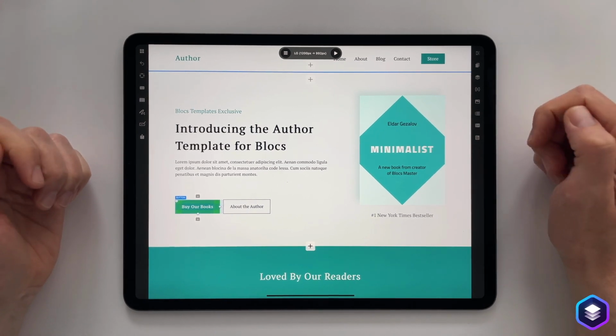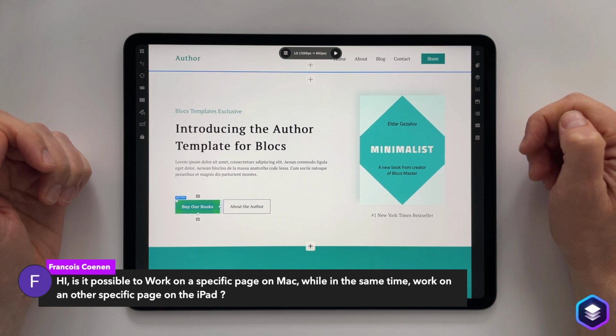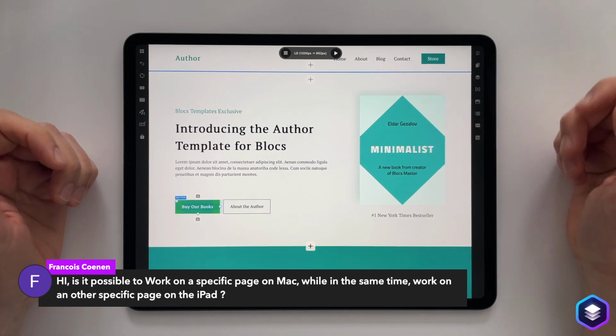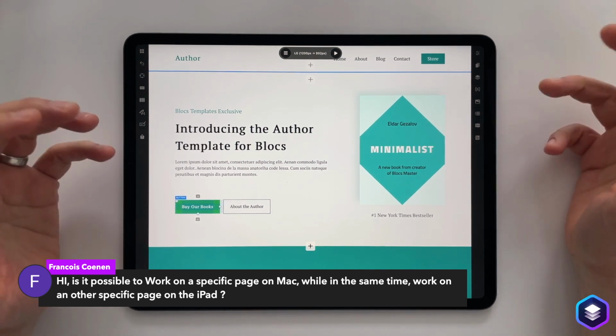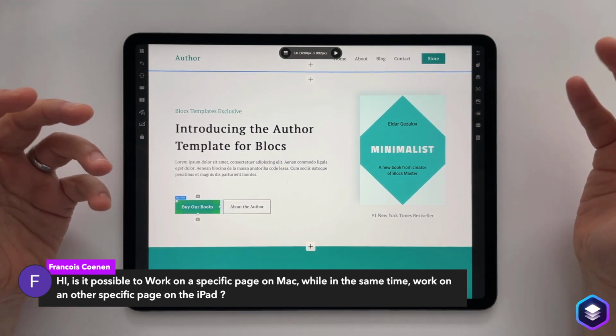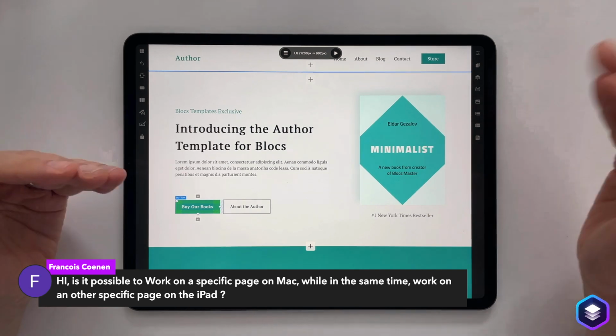Someone's asking in relation to that, is it possible to work on a specific page on the Mac while at the same time working on a different page on the iPad? I don't think it is. The problem there is that the way the connections work between the devices isn't centralized, in the sense that there's no server hosting the changes.